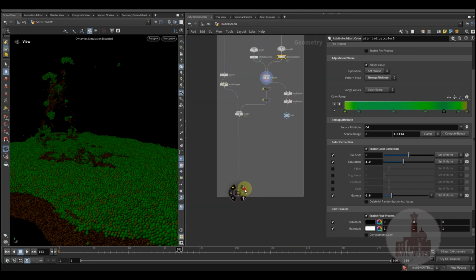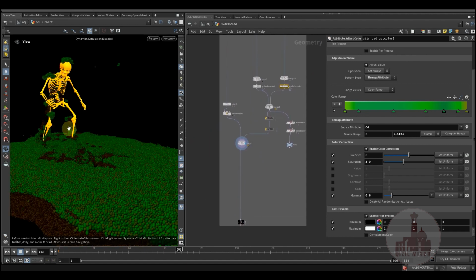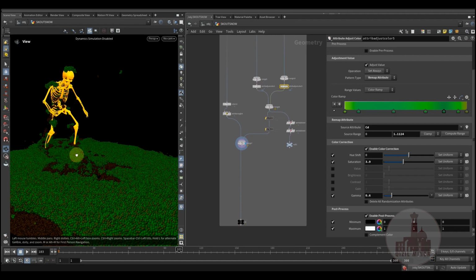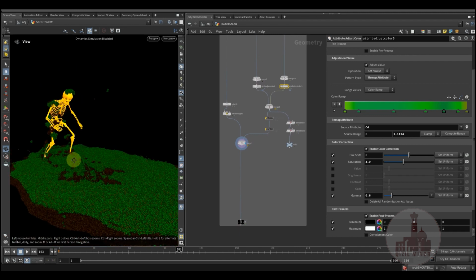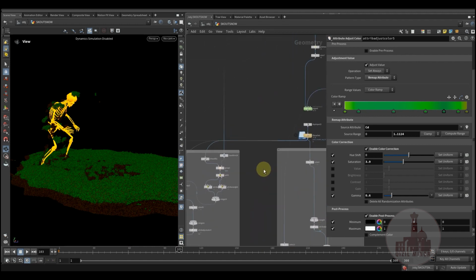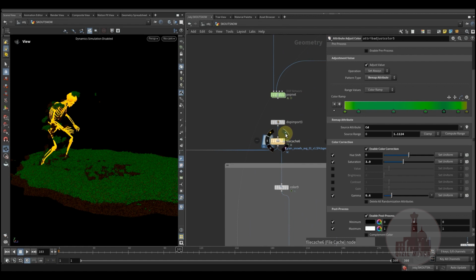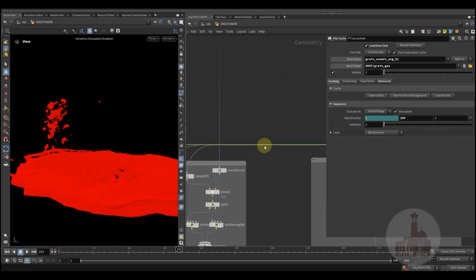So this is the first method of the effect. Okay, the second method, I used only one setup, and